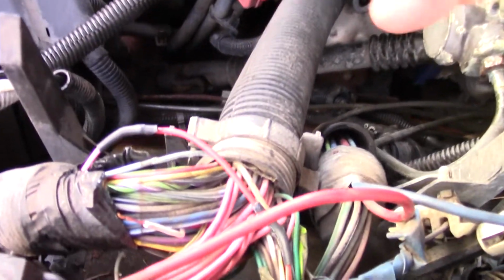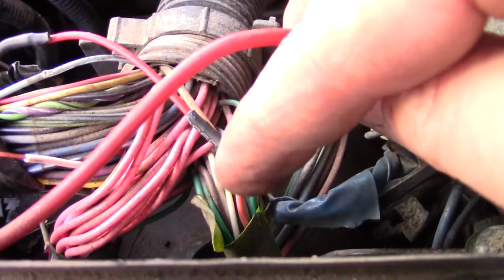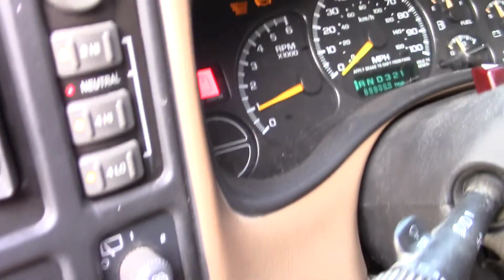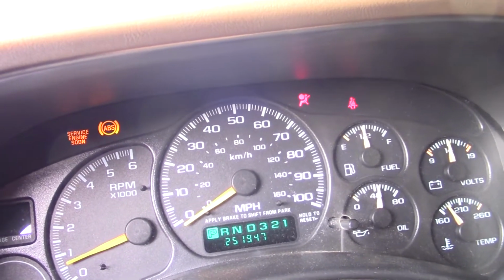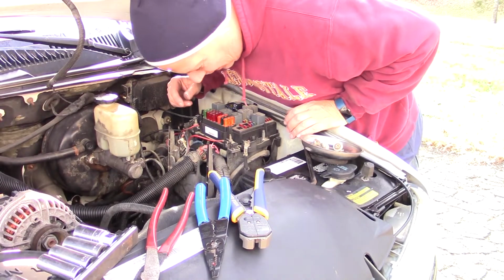So let me show you what I got here. So there's the one end of the red where I fixed it, and here's the other end. And just for giggles, let's start it up and see if that cured any of my lights. Not yet. Wouldn't be unusual for one of my projects to fix a couple wires and they didn't do a thing. So